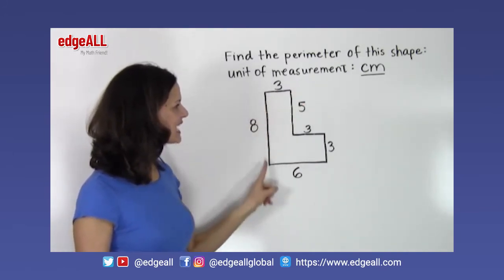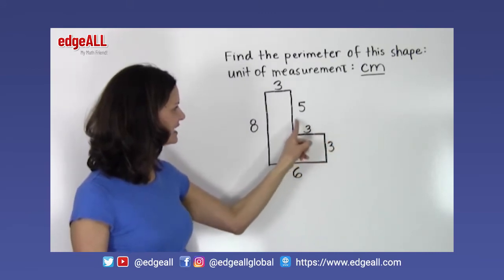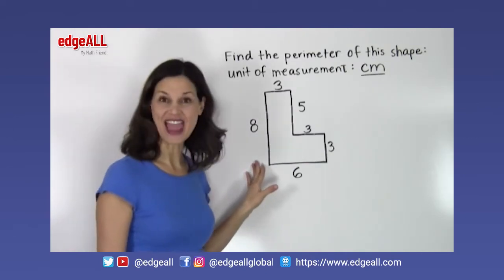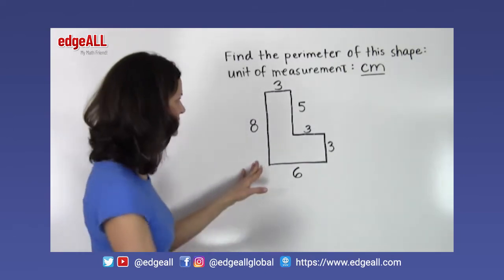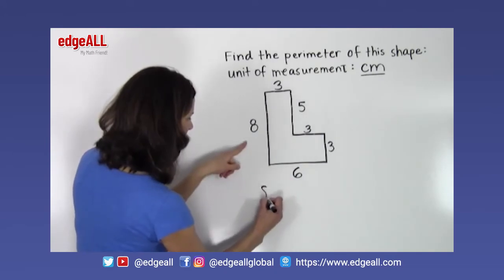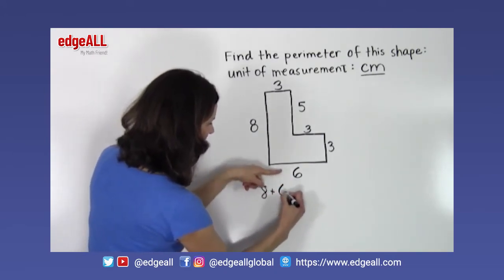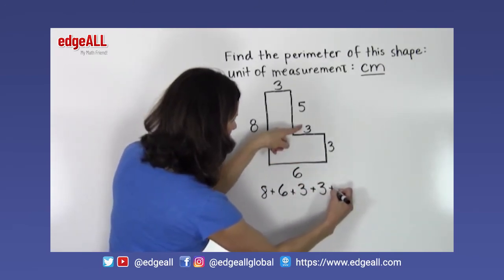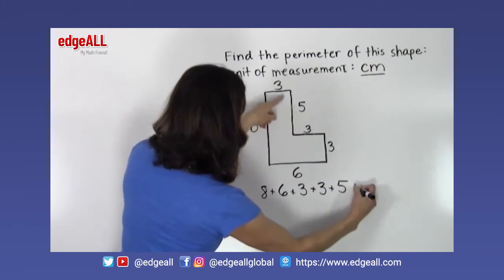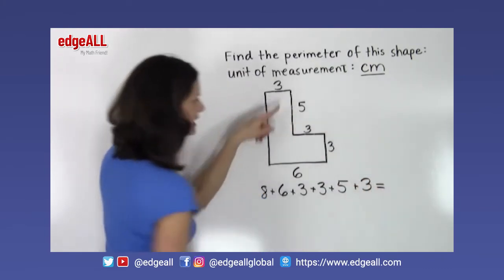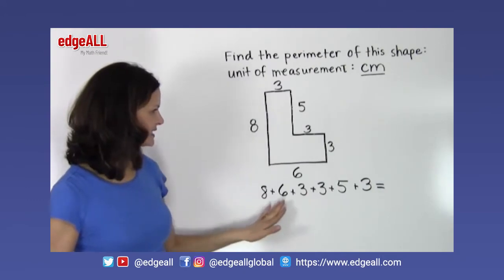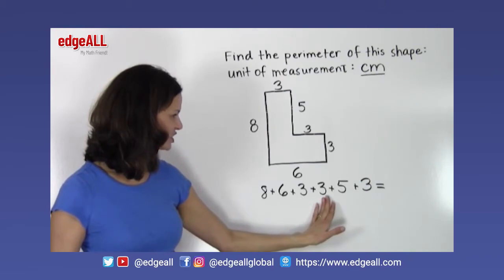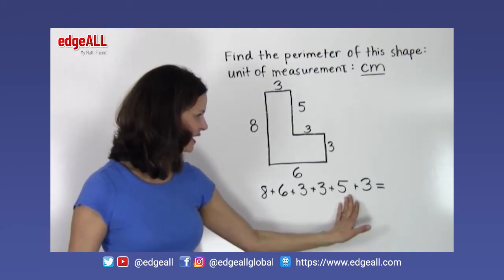So we simply need to add them all together to find the perimeter. We start over here with our long side of 8 centimeters, and we'll simply go around and add. We're going to add 8 plus 6 plus 3 plus another 3 plus 5 plus 3 more to find our perimeter. So 8 plus 6 is 14, add 3 is 17, 3 more gives us 20, add 5 is 25,